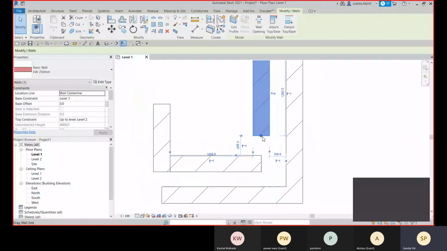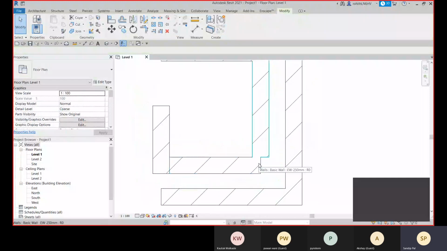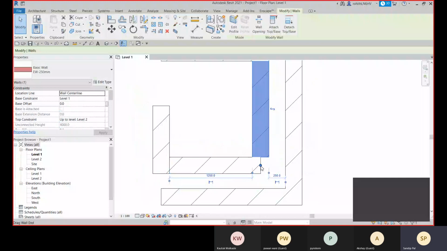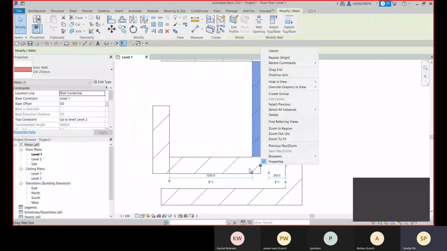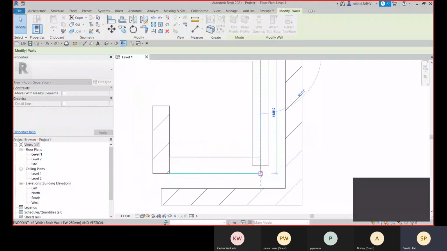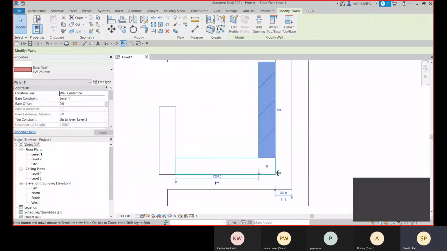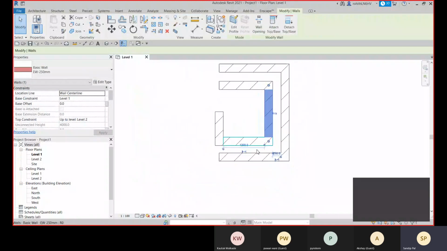So at the same time we have done it together. Right now this is the same point, and I can do that for these two, and after that I can just drag it over there, and these two are joined. So that you can do it.